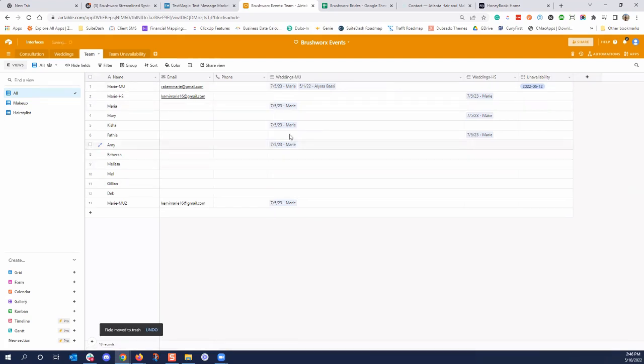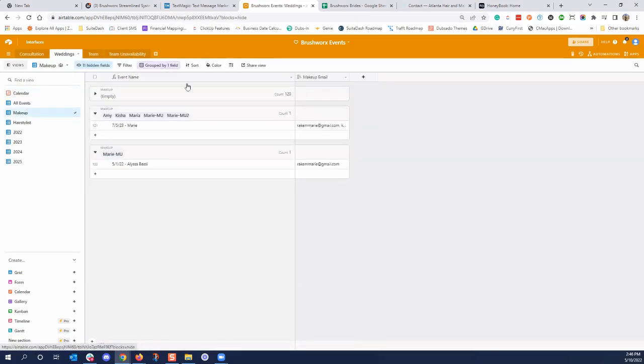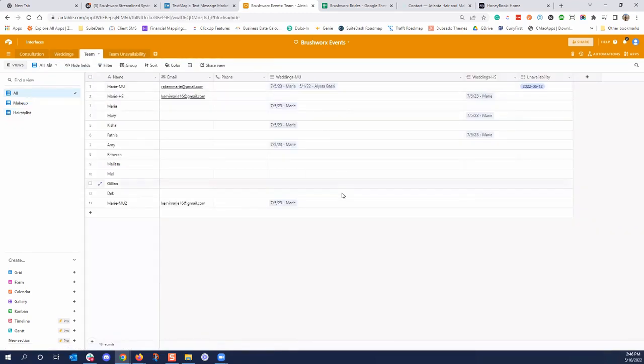All right. This field here, however, will be the indicator of what wedding they're actually on. So if they're added onto a wedding on the weddings view here, they will also have a linked field on their team view, so that if I go directly to the team tab, I can see exactly what wedding they're added on. Same thing, I'm going to delete this, because it was just saying if they are a hairstylist, you'll see 2 columns separately. This is not going to be used anymore.